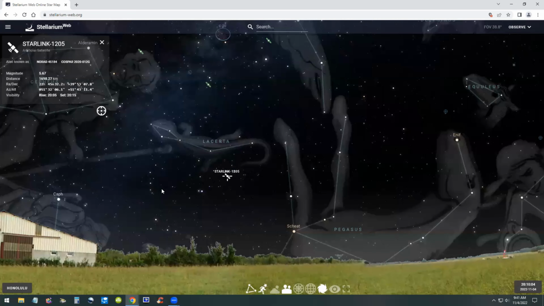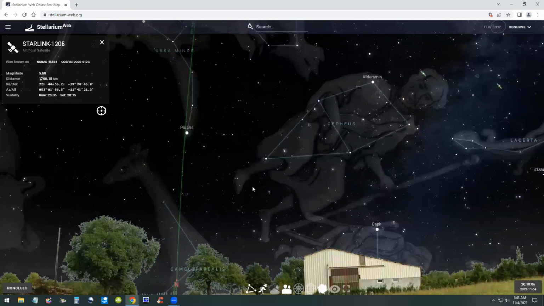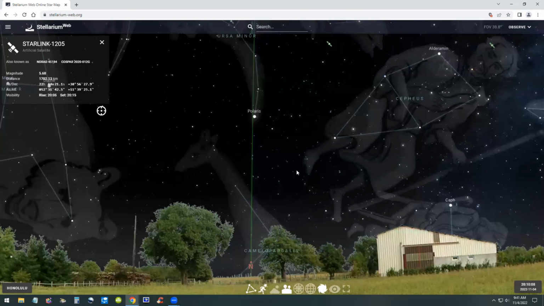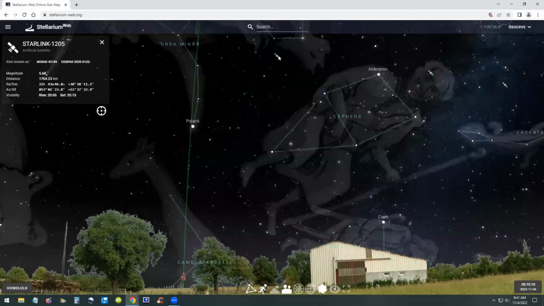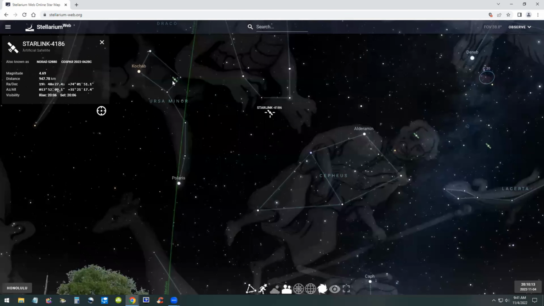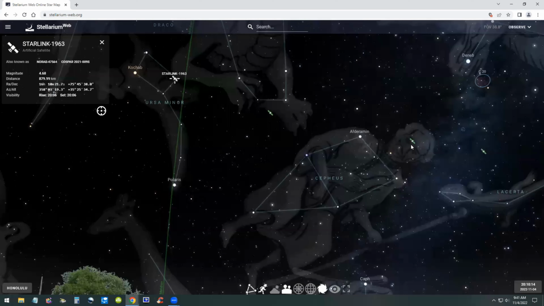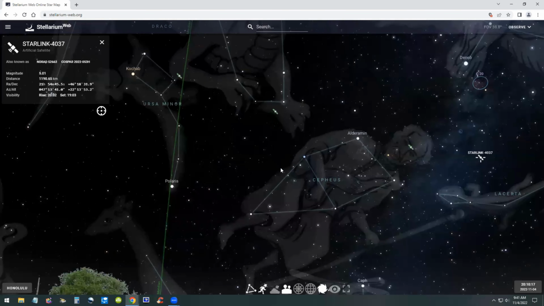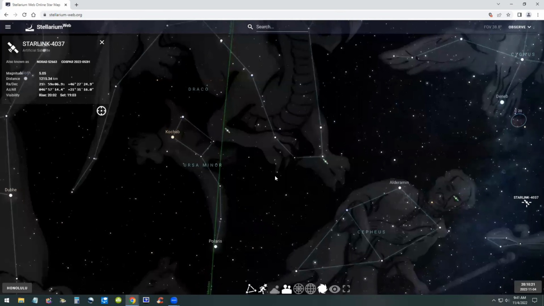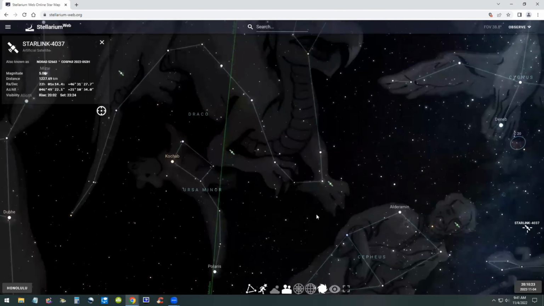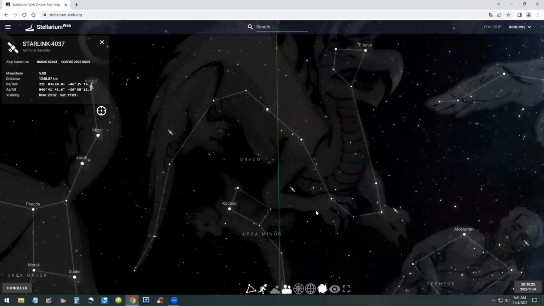I've seen a couple of other satellites in the past that were from China, Chinese satellites. You can tell by their names. They have Chinese names. So I'm not really sure who owns the other satellites besides Starlink.